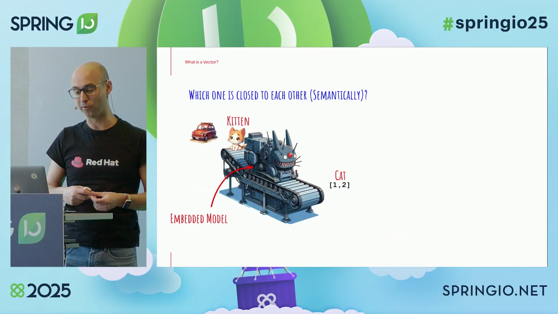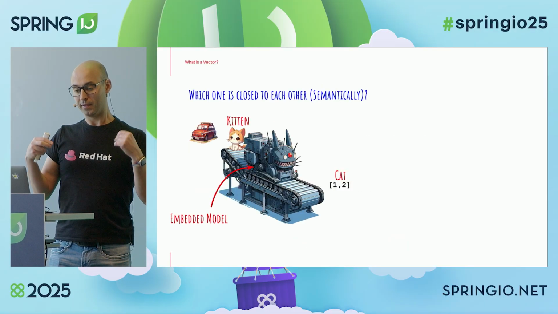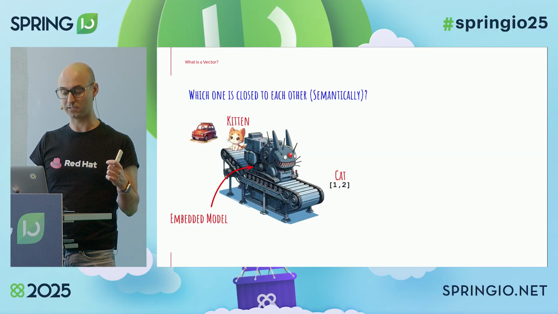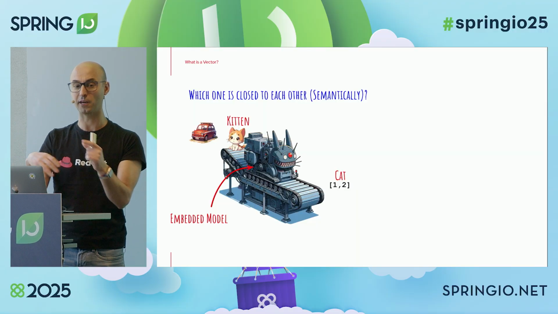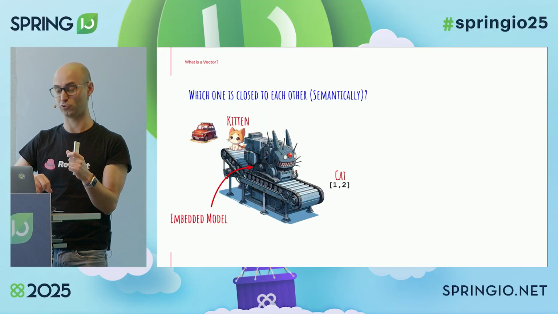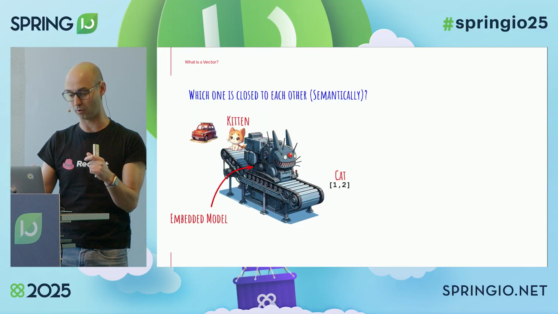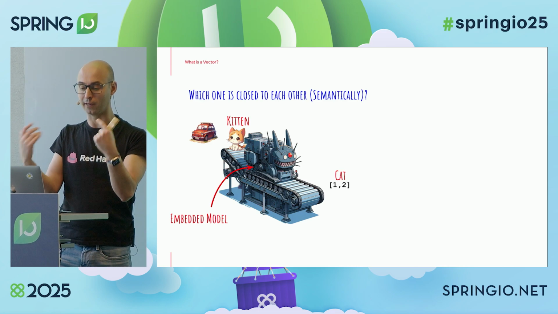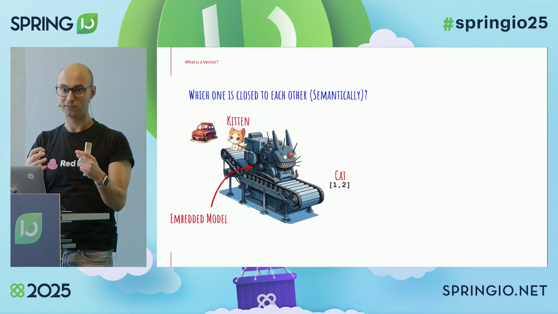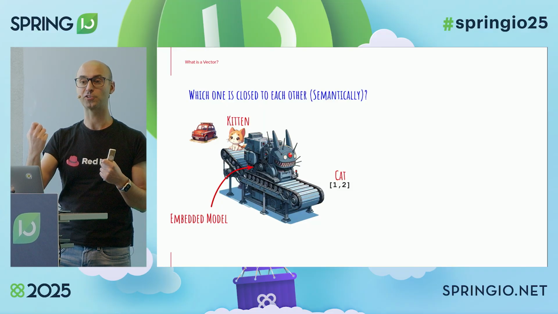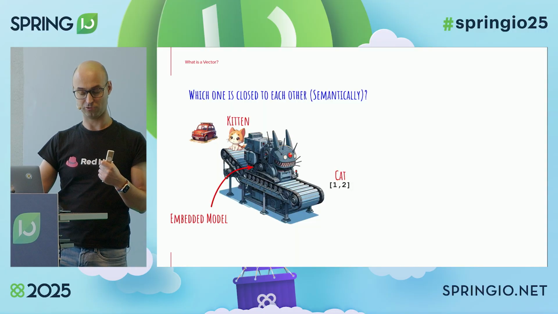And this is how embedding vectors work. Basically, you've got an embedding model that you can run locally because they are super fast. In the demo today, I'm just using a remote one, but it could be run locally. And this model is trained to semantically understand concepts. So basically, you send a concept, and it returns you a vector.